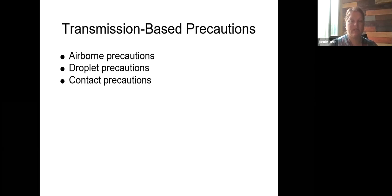These are our transmission-based precautions that you need to know: airborne, droplet, and contact. Airborne means that if you breathe in the same air the patient's breathing out and they have something, you could get it. Droplet means it has to be the droplet that you breathe in through your nose or mouth, that they cough and a droplet's in the air and we breathe it in. Contact precautions is like the least, so airborne is the smallest, tiniest particle, where you have to have super protection, droplet is kind of in the middle, and then contact is another one, where if you come in contact with it,